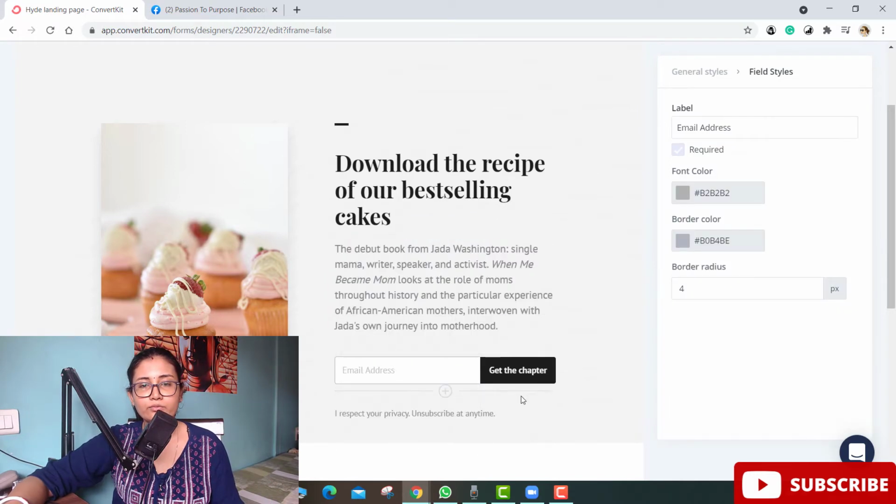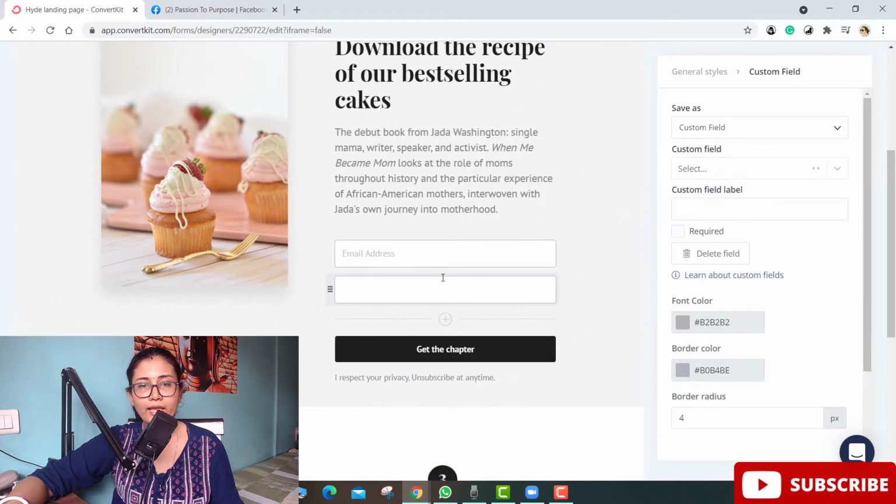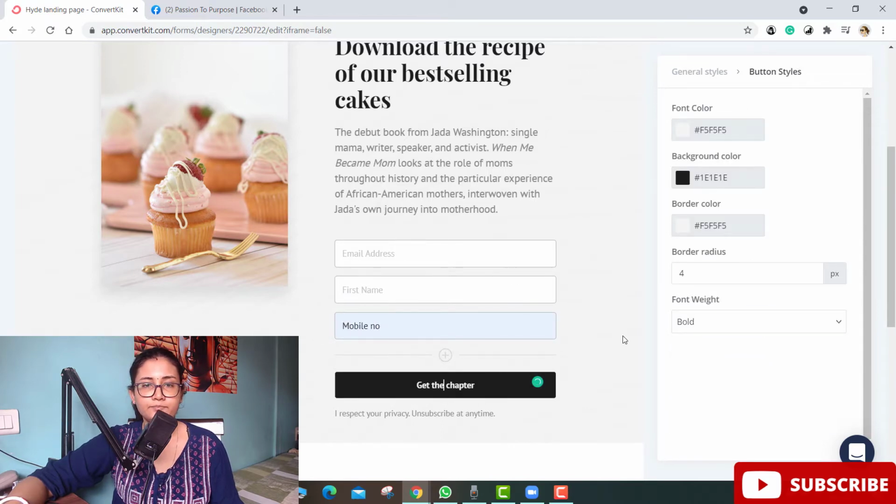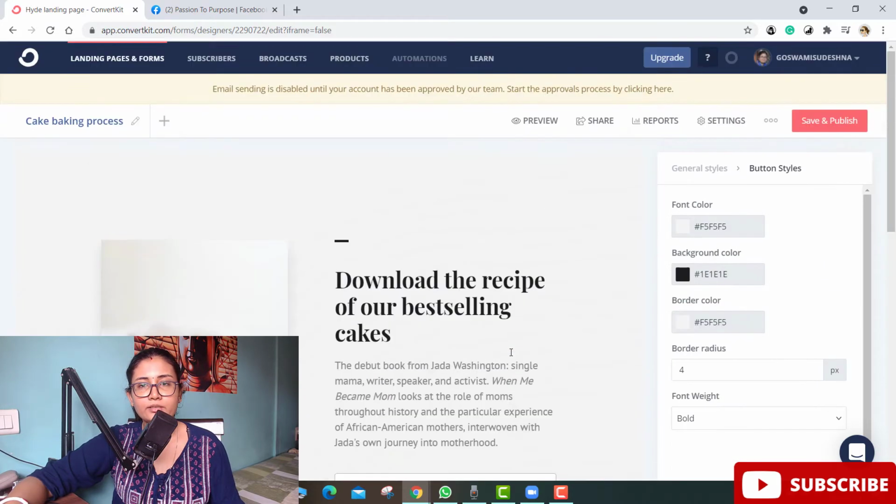Then you can add fields; email address is already mentioned. You can add first name, you can add mobile number, and that's okay. So that will be there.